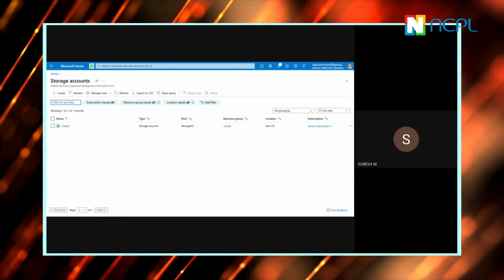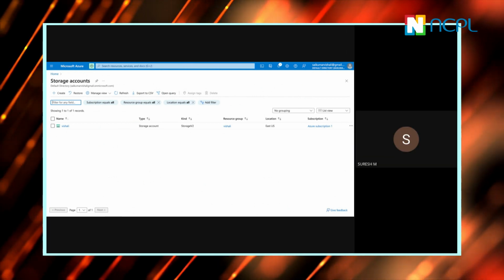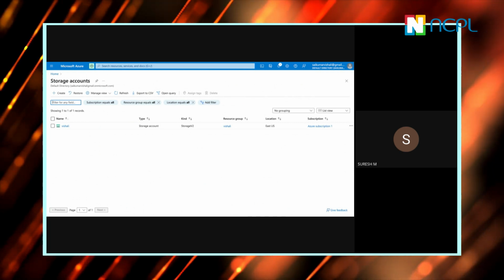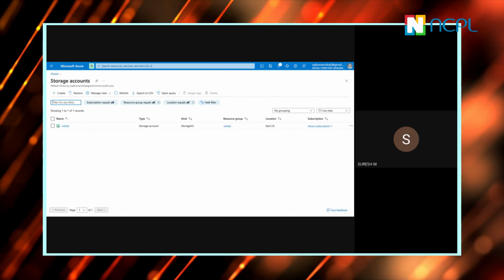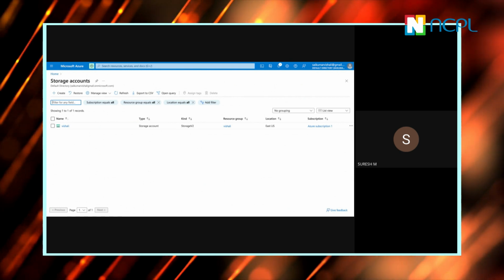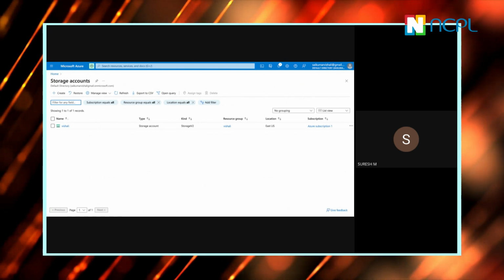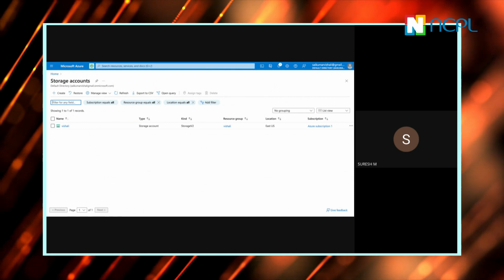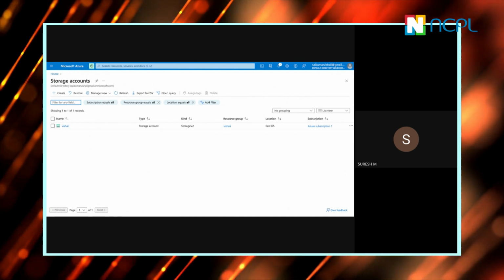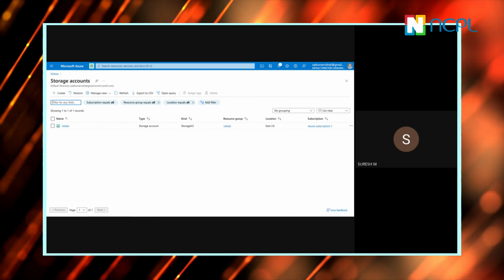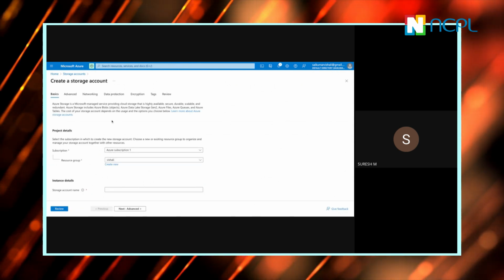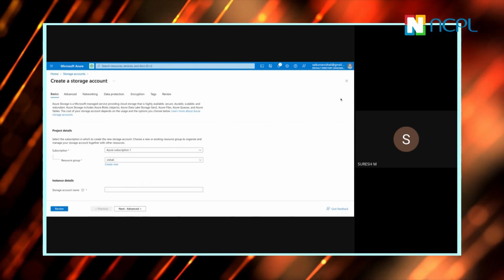Inside your services, you have the storage accounts, right? You have a disk, you have disk pools, multiple things, but you are only concerned with your storage accounts. So Azure storage accounts come in two types. Whenever you create a storage account, you will create it as a blob storage account or as a data lake storage account. Just click on the create part first. Yeah, it's a managed service.